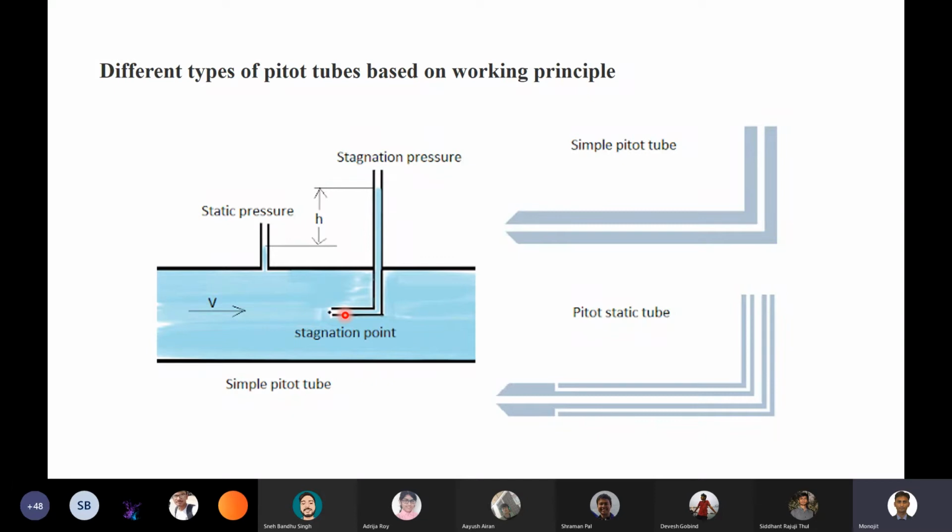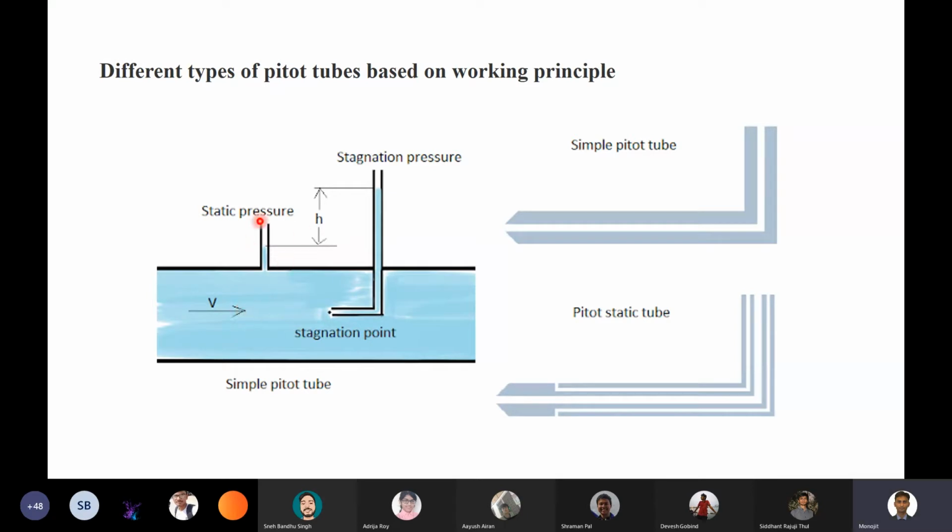Now the static pressure you can measure using this tapping of the manometer, which is placed at one cross section of the pipe, very close to the position of your pitot tube. And from this pitot tube itself, which is attached to a manometer, you can get the stagnation pressure. So that is one arrangement of getting both the static pressure and stagnation pressure, and how this is used to get the velocity I will come to later.